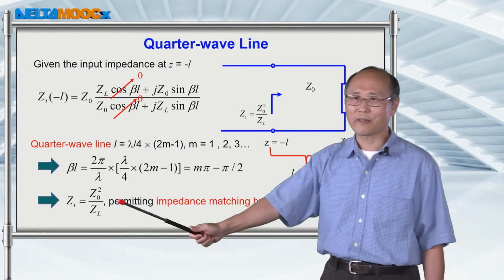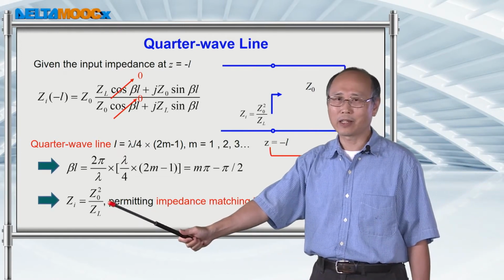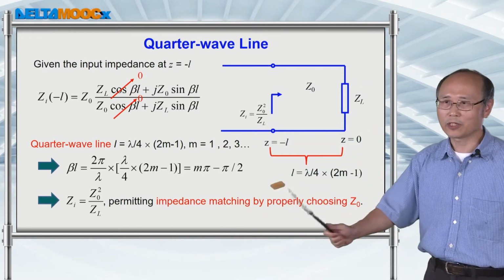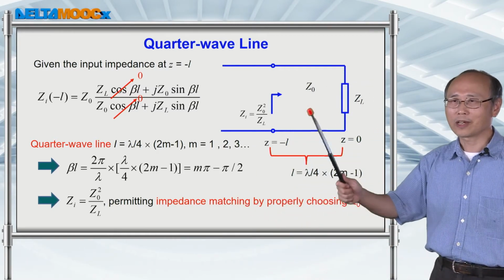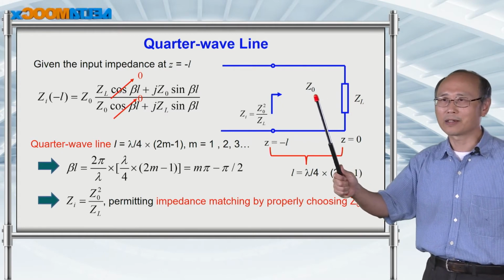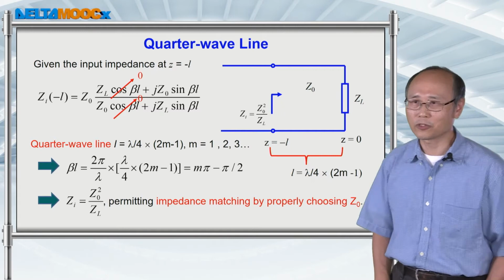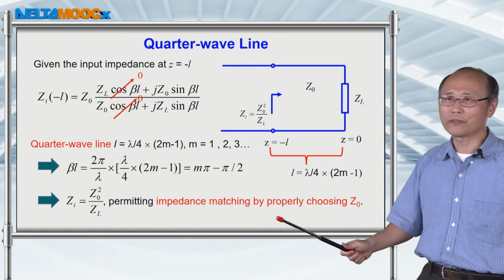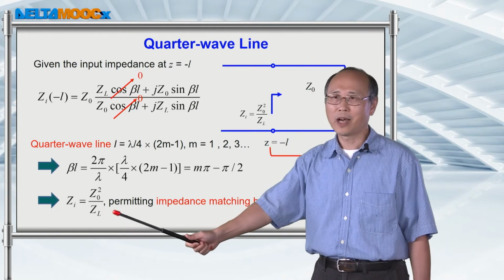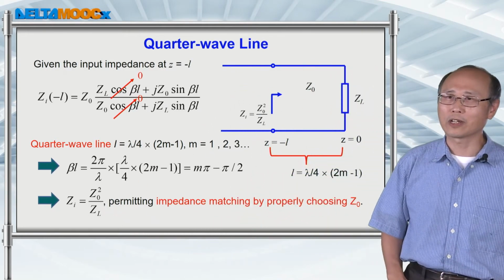So this is some value that you can use later for impedance matching. And because this characteristic impedance can be manufactured for your transmission line, I'm going to give you one example which utilizes this property to cancel out the reflection of the signal